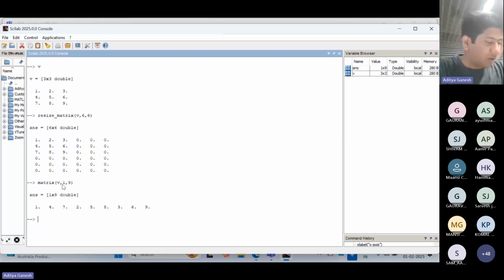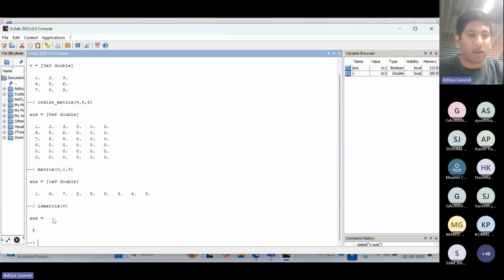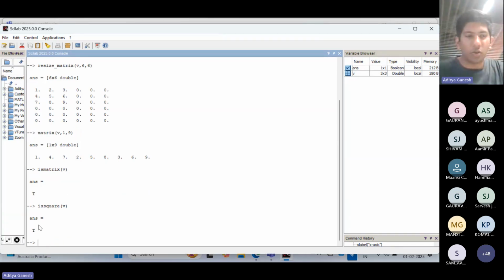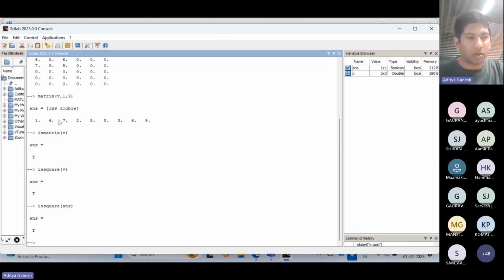And then there are several things like is matrix and stuff. This is matrix of V is just checking if the matrix is true or false. I mean, if the elements are non-zero, then you use this is matrix. So this is something that you need to know. There are other things like is square. So it just ensures if your matrix is square or not. So this gives you true, but if you take the answer and do something, okay, it's just giving true of true is true. So let us go back